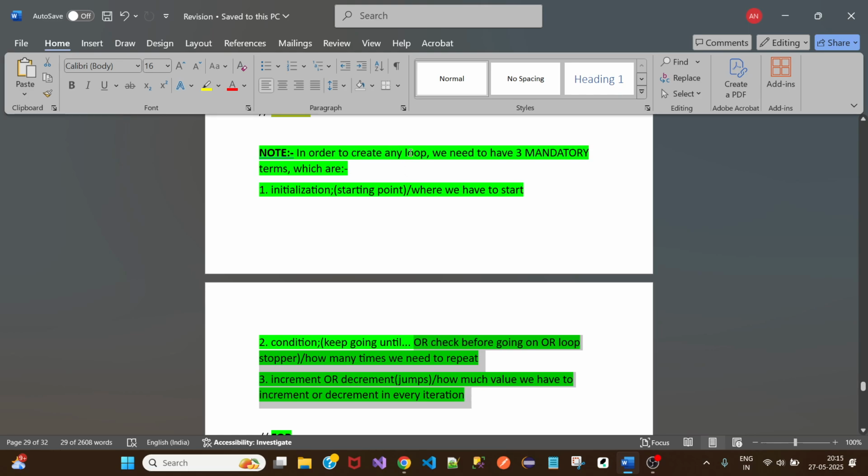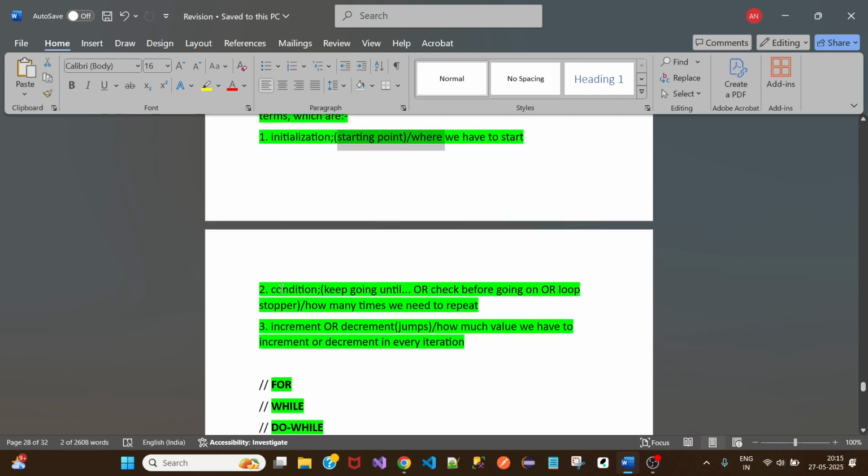In order to create any loop, we need to have three mandatory terms, which are initialization, the starting point where we have to start; condition, keep going until, or check before going, or loop stopper, or how many times we need to repeat. What loops especially do is, let's say,